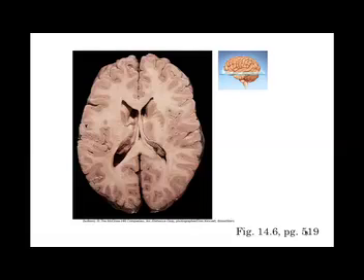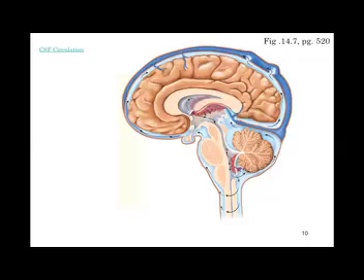Now here is a transverse section of the brain. Here again, you can see the lateral ventricles. Here is the third ventricle. Here is part of the corpus callosum there. And here is the